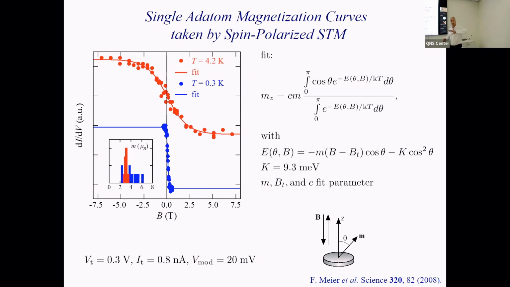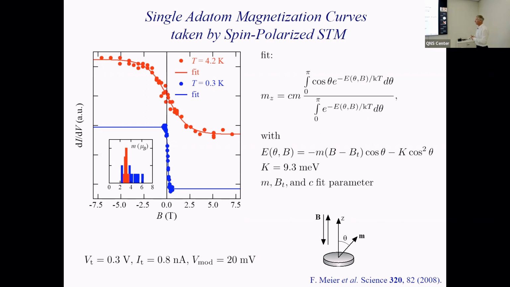So you should need some coercive field to switch them. Instead, they see a fully paramagnetic curve. So it's fully reversible. You can go up with the field or down with the field, and you don't see any opening. So this was a great deception, of course, because the hope was to find something where you can store information. So the hope was to find something stable, but it's not so bad,